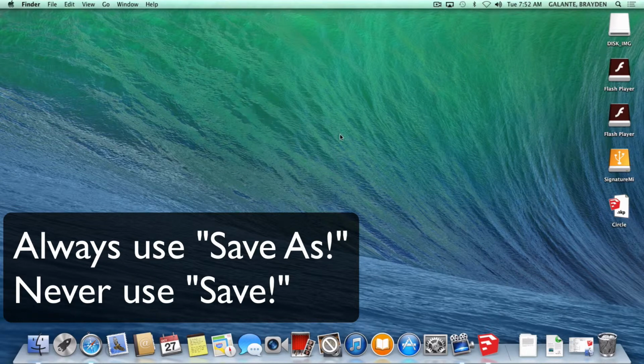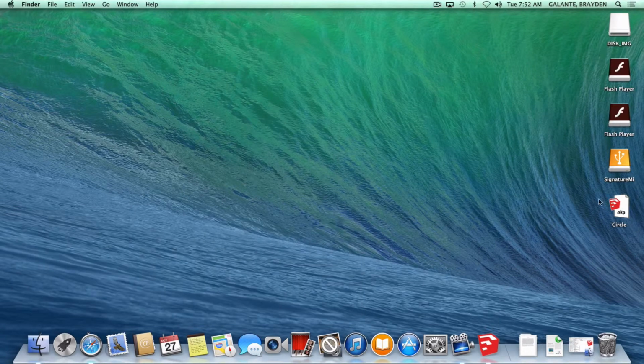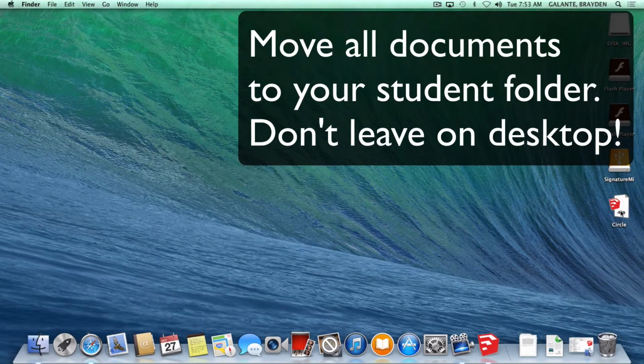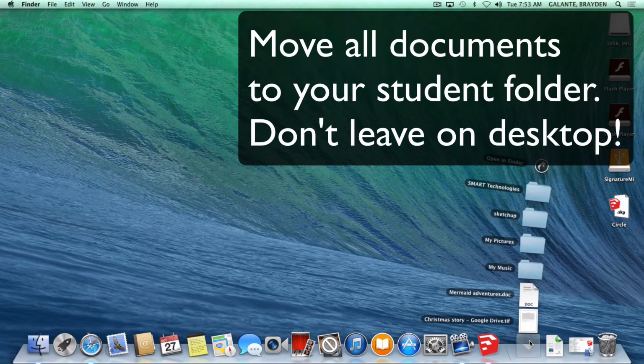Now the other rule for saving stuff is we don't want to keep it here on our desktop. The reason we don't want to keep it here on our desktop is, one, after you're in class for a few weeks and you start getting a lot of drawings, it's going to start slowing down your machine to hold that file. The other reason is if you have to move machines for one reason or the other, which we periodically do, then all of a sudden you can't even get to your file because it's on just this local computer. So now what we want to do is come in here and open up our student folder